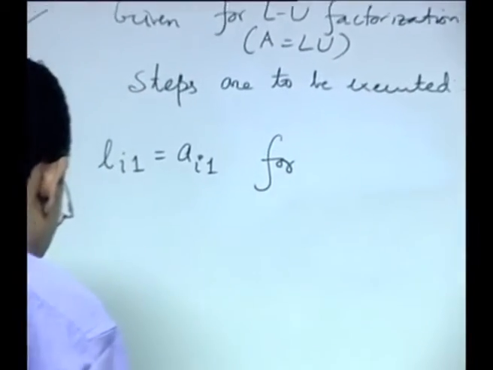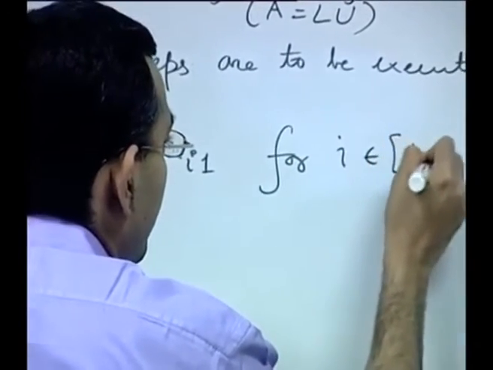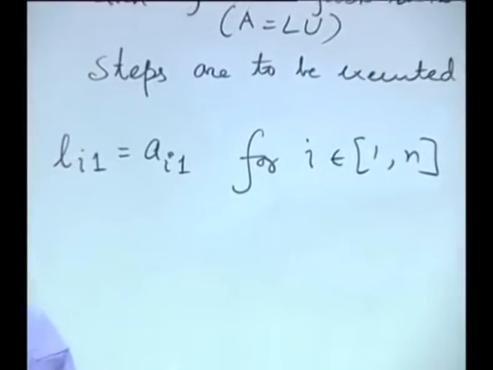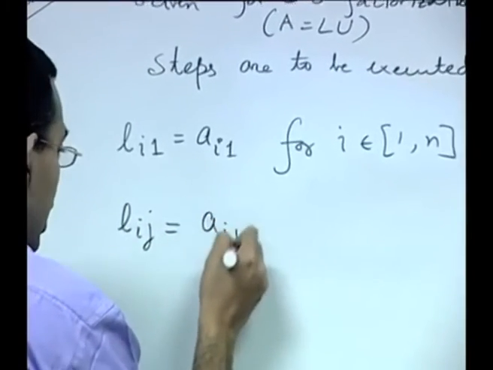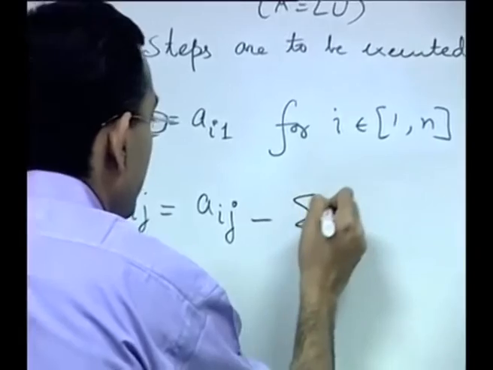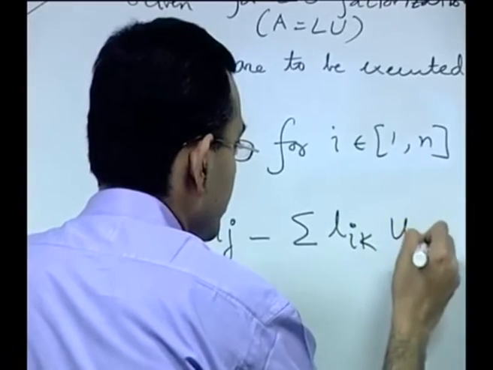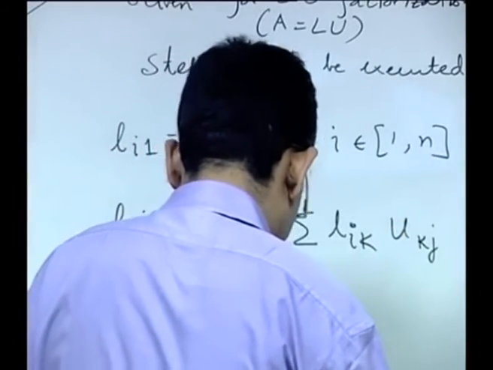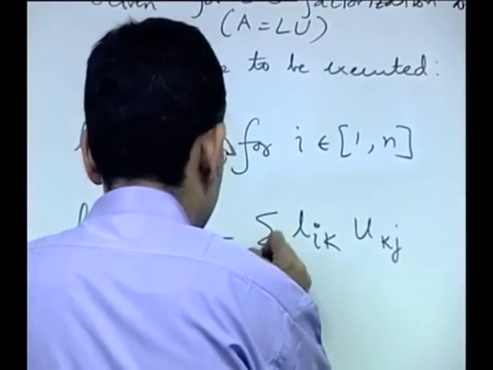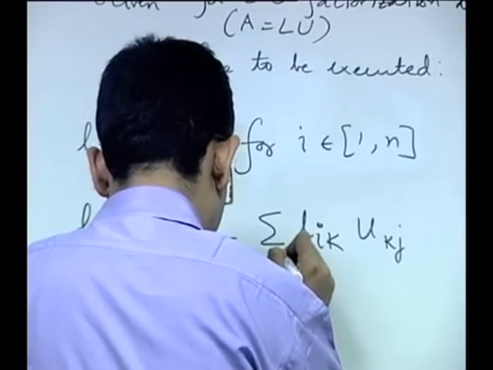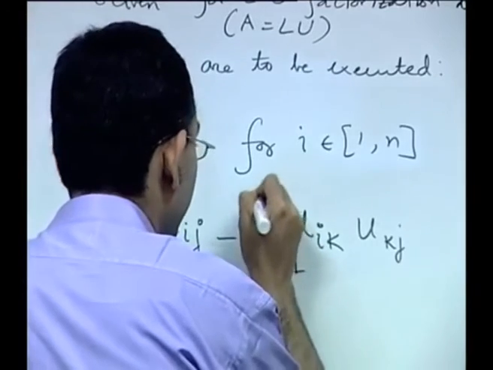First step is Li1 is equal to Ai1 for i equal to 1 to n. Second step, Lij is equal to Aij minus summation of Lik Ukj for k equal to 1 to j minus 1,